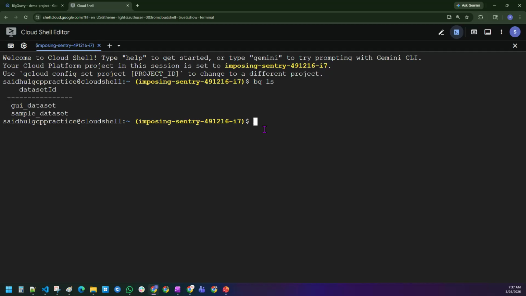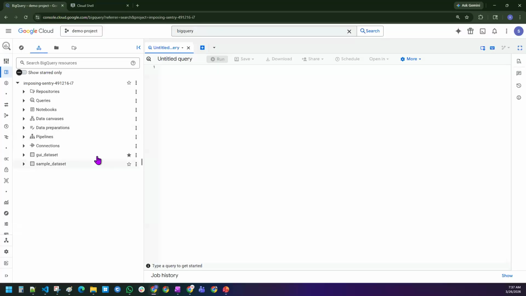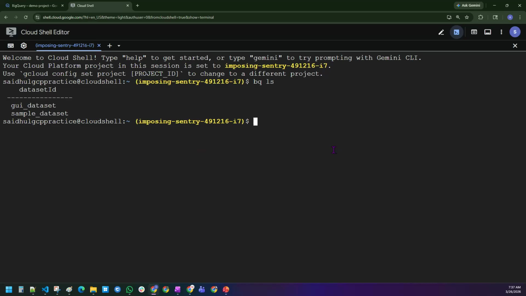Okay, so if one wanted to create any of the data sets, you are able to list down all the data sets and create a data set. You can do it from the console, and you can also create a data set from the command line interface also. BQ,